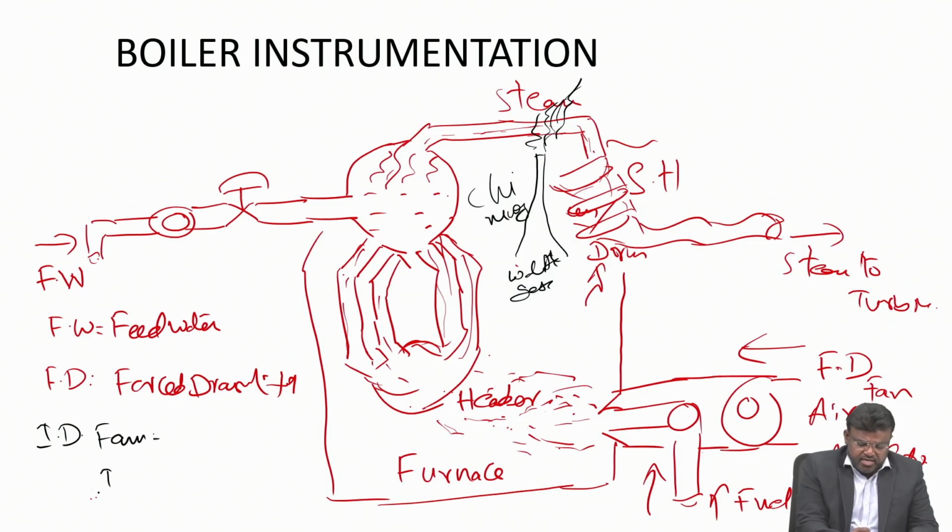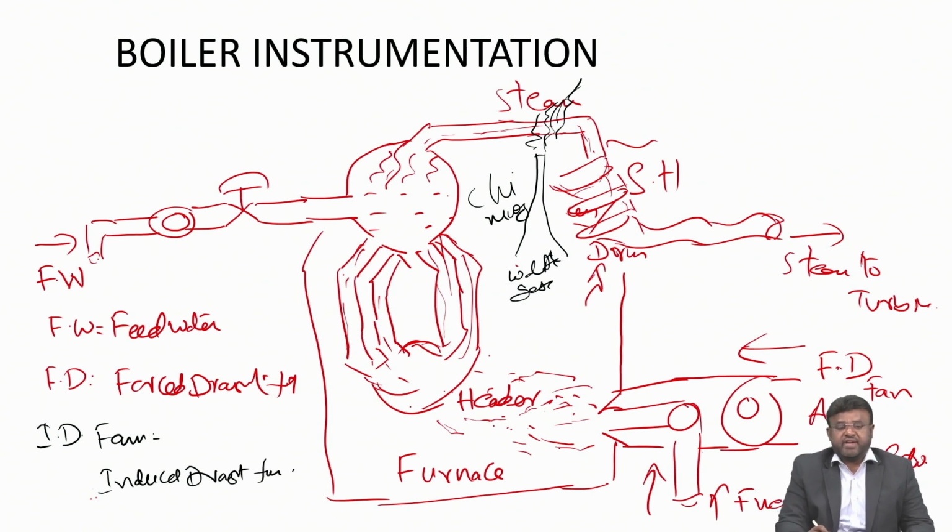This is nothing but the induced draft fan. The purpose of this induced draft fan is that it will suck all the waste gases and send them to the atmosphere. So here we are learning the feed water, forced draft fan, ID fan, and we have